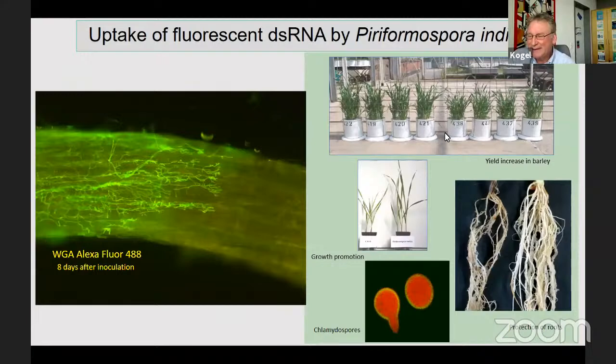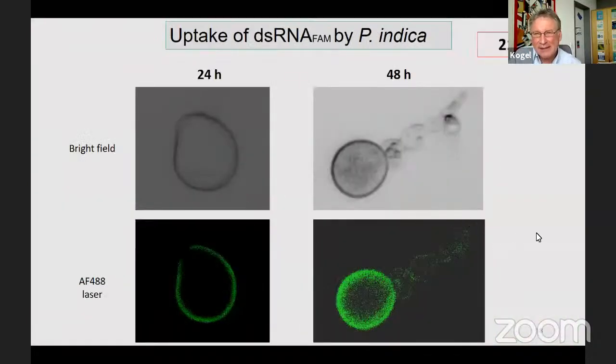As you see, I go very fast. We made field tests in Bali where we saw the fungus enhances yield, really yield, not only biomass, but yield. These are treated, these are untreated. And you see also effects on roots. So my topic today is whether this fungus takes up double-stranded RNA, and as you see here,